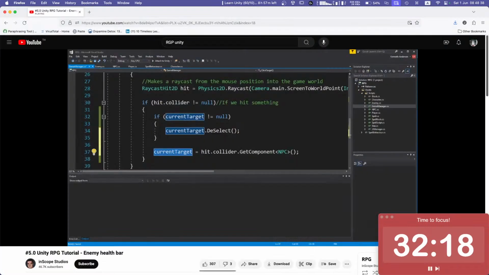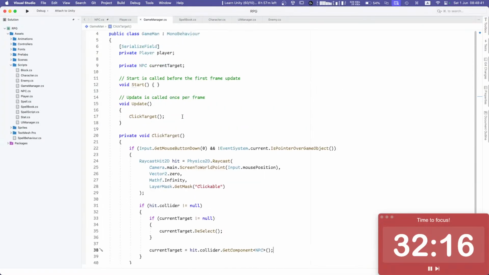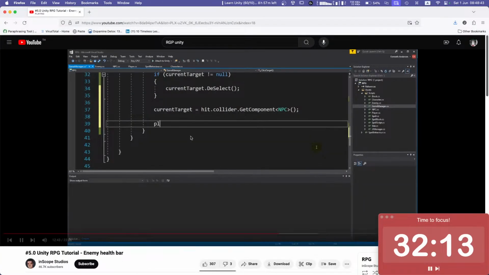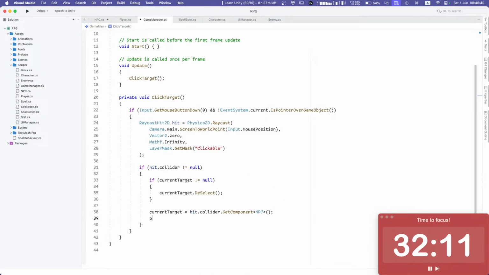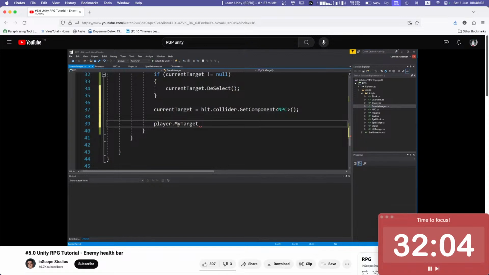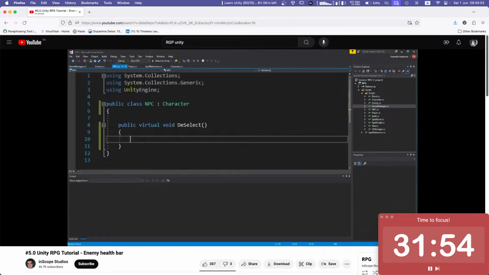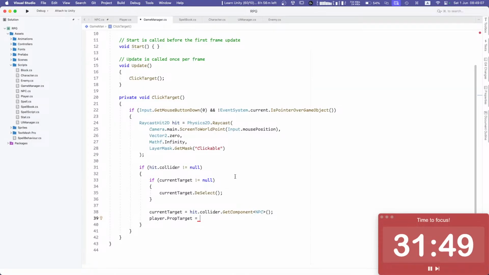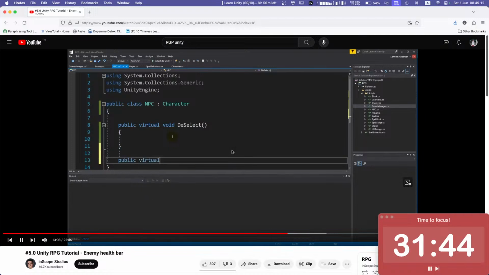So I have my current target here, and then I need to set the player's target. So I say player.MyTarget. MyTarget is right now a transform, and I guess that's fine. So I need to return a transform from my current target, and I need to do that by adding a new function called Select. So inside my NPC script, I have Deselect here, and I have public virtual